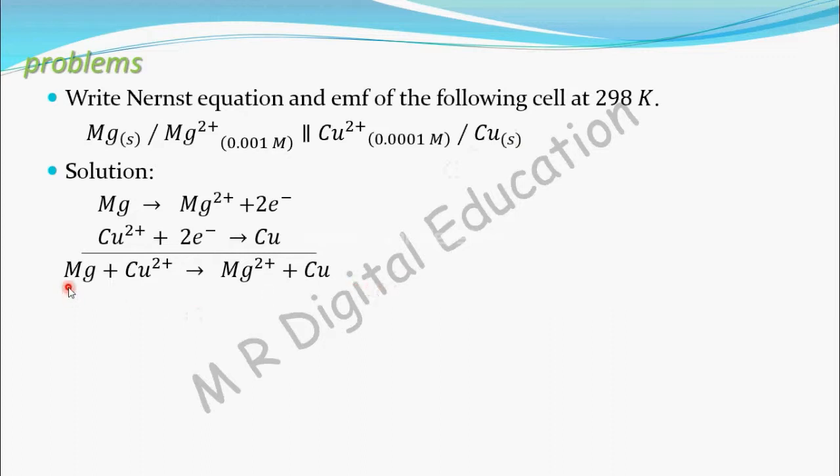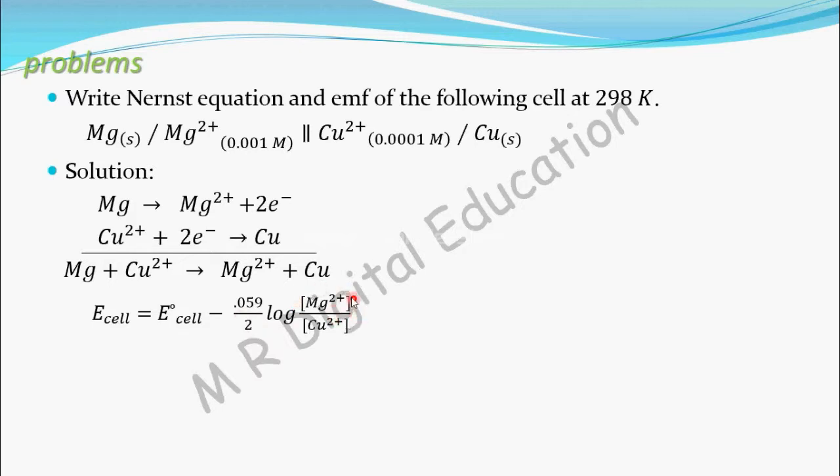What is happening in this cell? Magnesium is undergoing oxidation and copper is undergoing reduction. Now we have to write the Nernst equation for this. You know that we can write the Nernst equation at 298 Kelvin as E cell equals E naught cell minus 0.059 by n, where n here is 2. Why 2? One magnesium atom is giving 2 electrons, so 2 electrons are transferred in this circuit by one magnesium atom, so n is 2, into log of